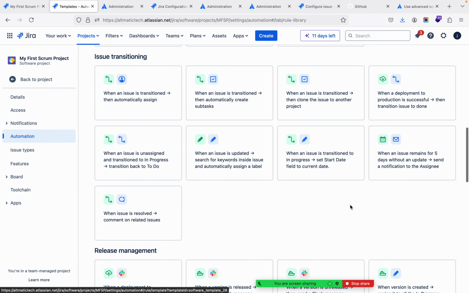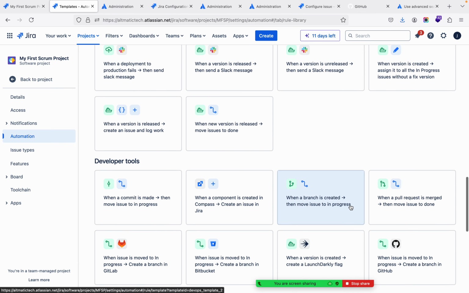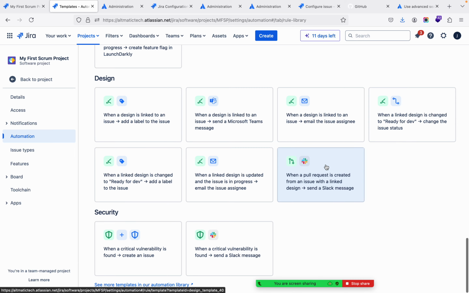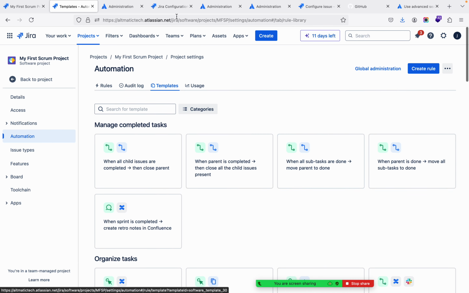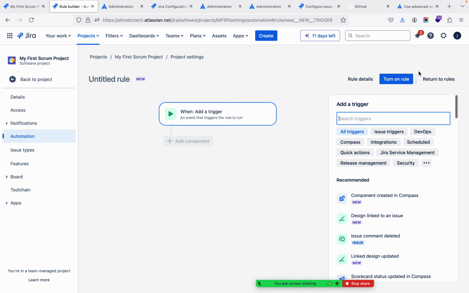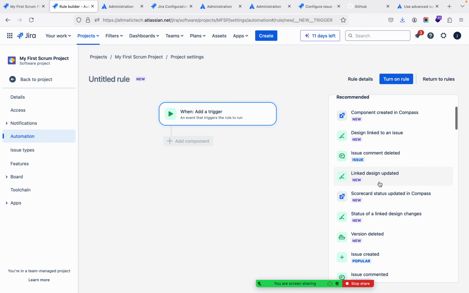So these are the different automation templates. According to your need, whatever your understanding, you can use this one. You can create your own also. How? These are the triggers. Triggers like,